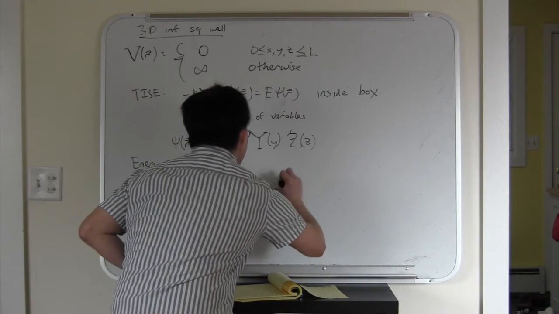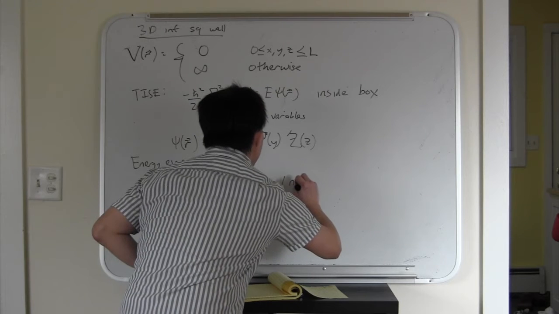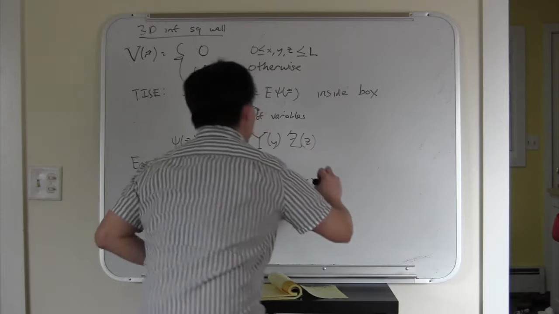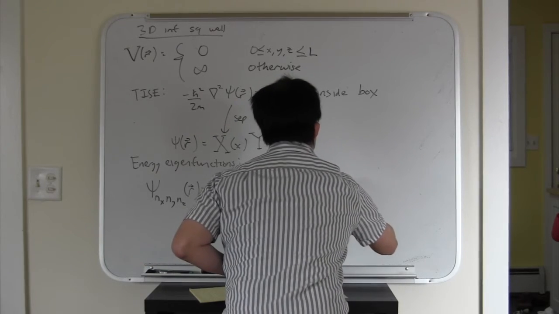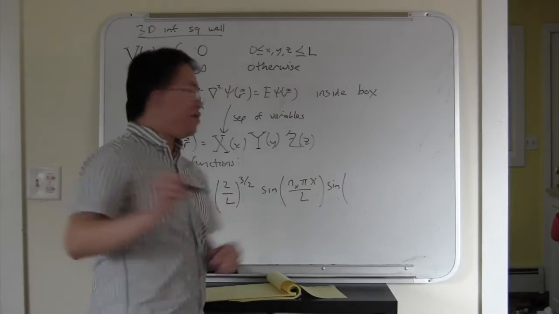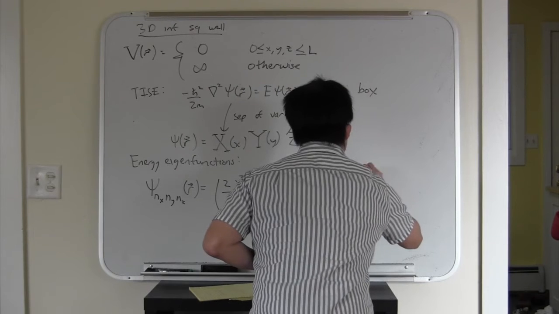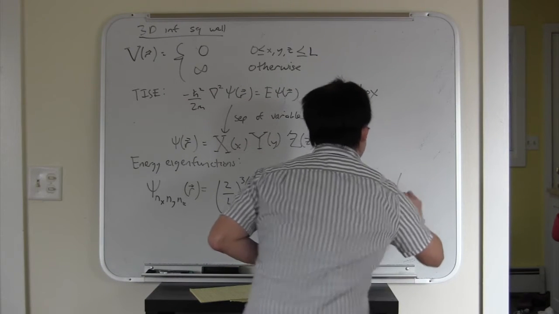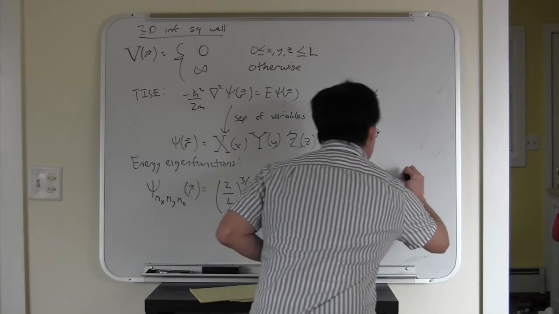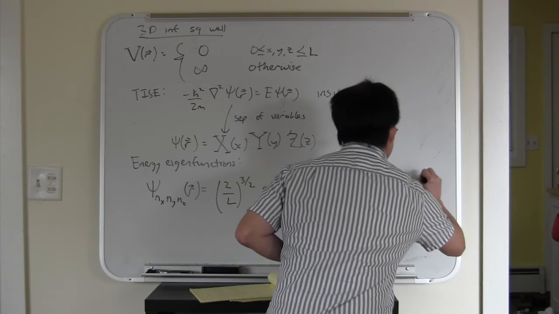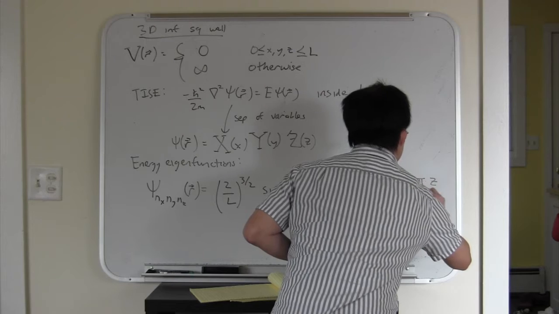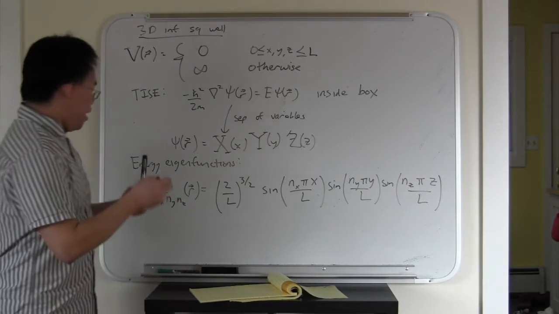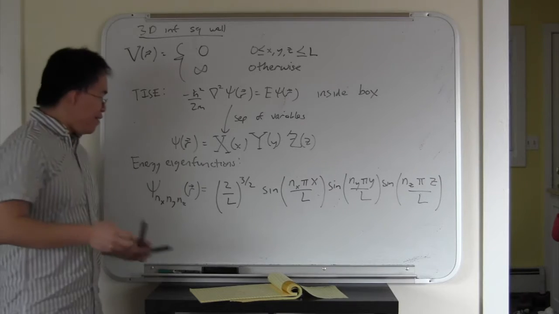Now we've got a sine of nx pi x over L, times my y-dependent part, times my z-dependent part. Oh, my marker's dying. The eigenvalues